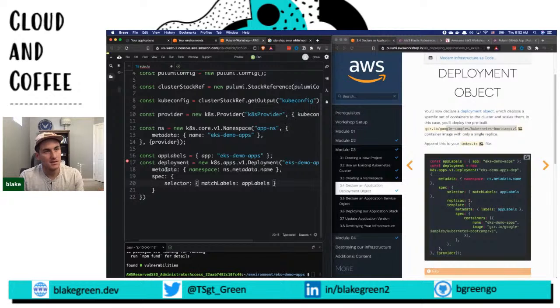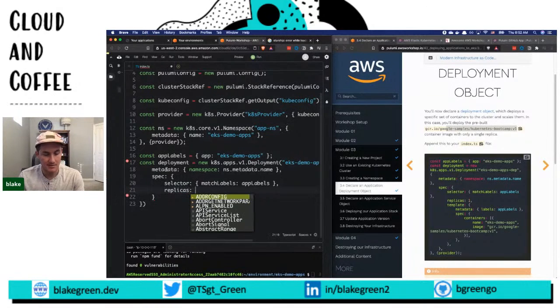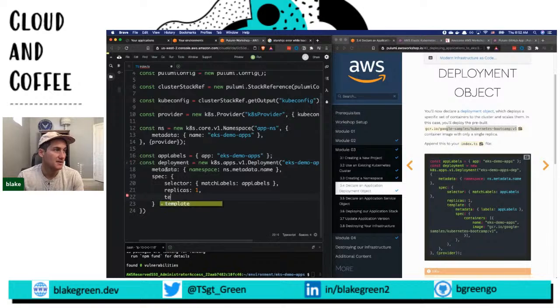But what is a selector? Why are we passing in the app labels? Or I guess it's just like a tag, maybe, so that any resources as part of the deployment is tagged with that label, maybe. Replicas, that makes sense because it's how many copies of this do you want? That makes sense. So the template,